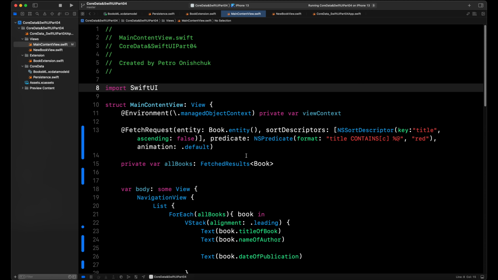And then, in this video, I try to show you how we can use the sort descriptors and predicate in a complex view. For this, I must create a view model and also I must create a new view. And now I will create a new file and then I explain what I create and how it all works. For example,